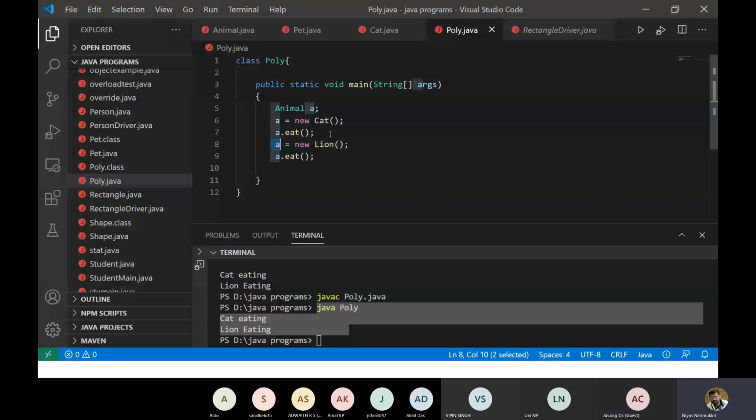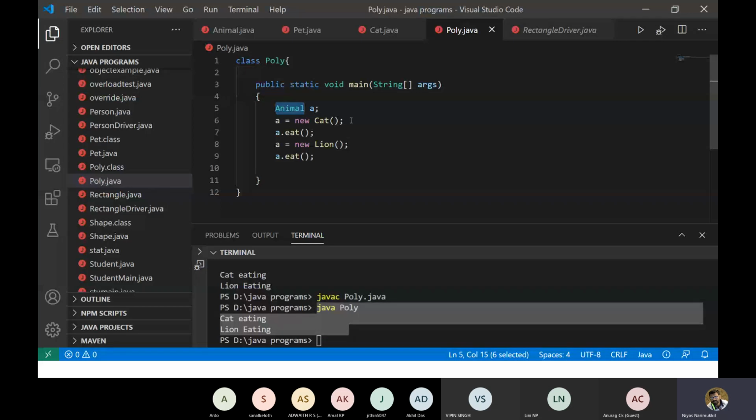So here we can only initialize animal A like this, because these cat and lion are the subclasses, or child classes, of the animal class, right? So there is an inheritance hierarchy. In that case only can we create objects like this, right? So we created a variable of a superclass, and that variable of the superclass can be used to manage or handle objects of the subclasses.